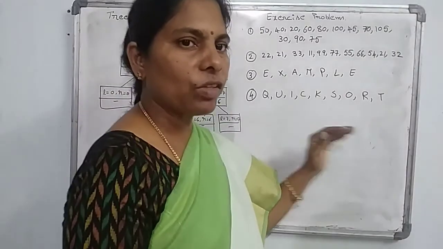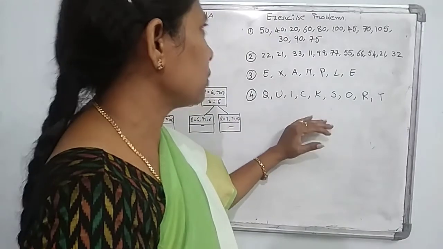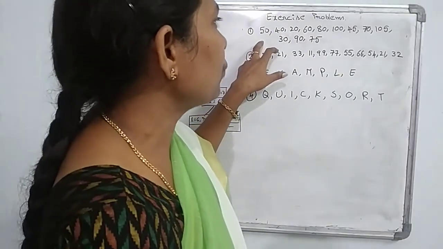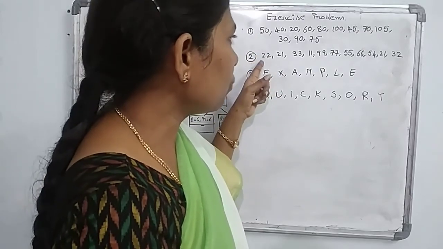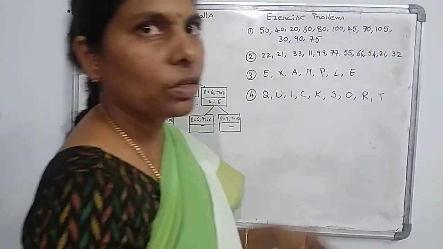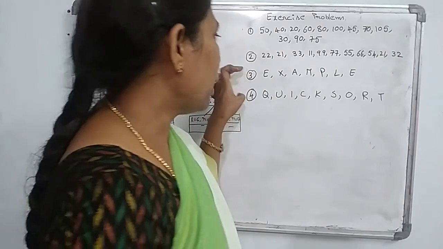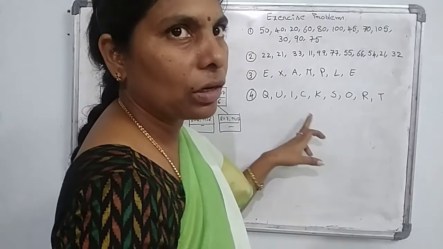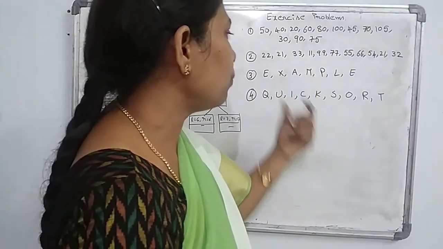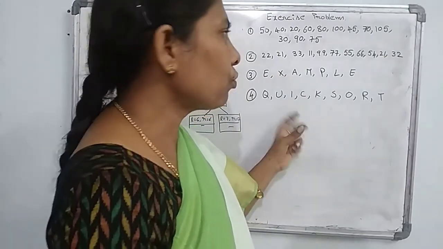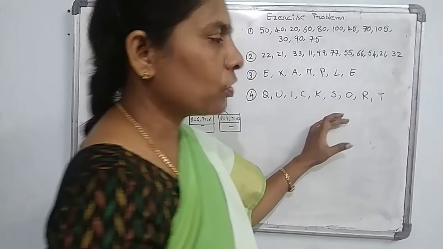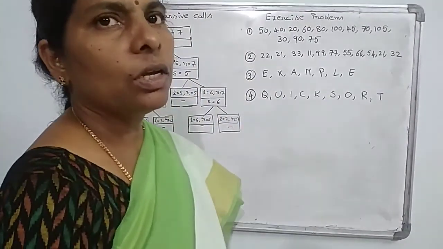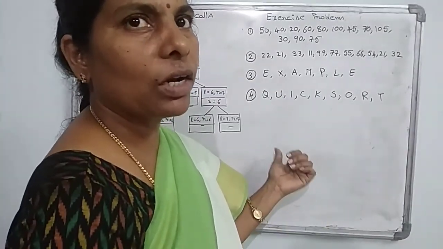Now I am giving some sample problems. Do these problems. The first one is some array elements, in that you can apply the quicksort. And the second one is also some elements of the array, in that also you can apply this one. And 3 and 4 come in the alphabetical order. So in that you are having the example and quicksort. You can apply the quicksort for these problems and sort these examples. So this comes under the quicksort using the divide and conquer approach.